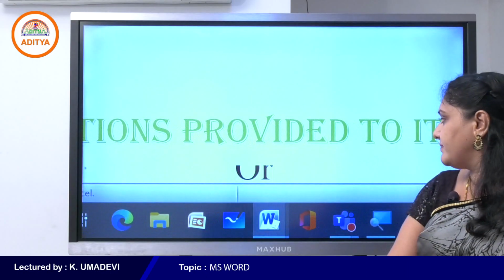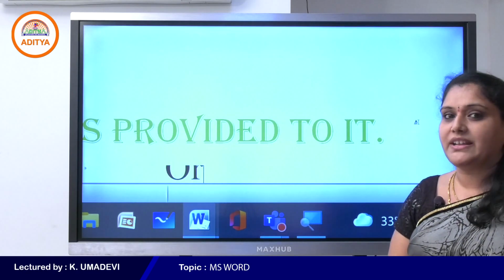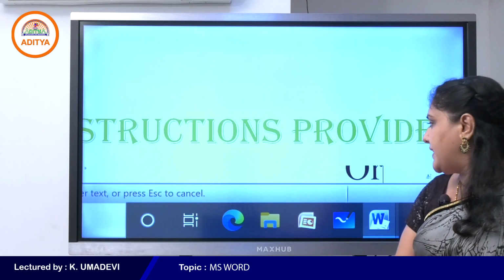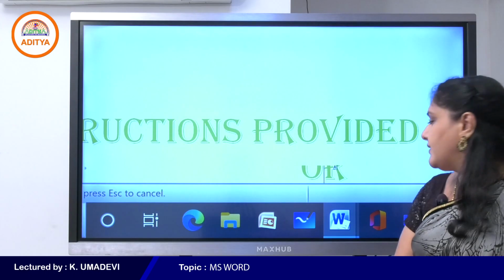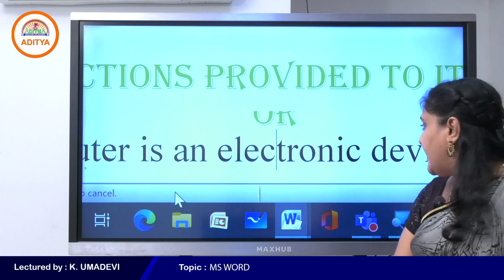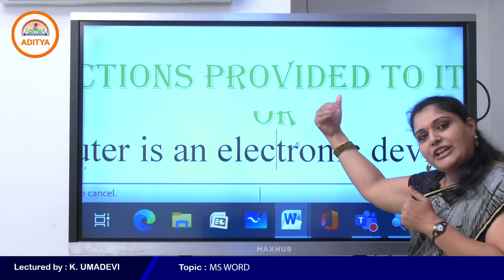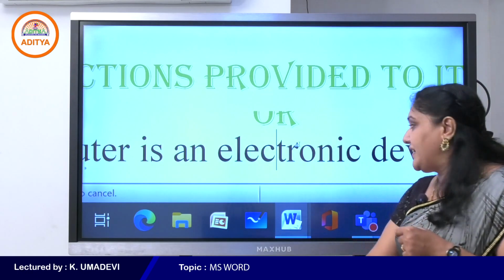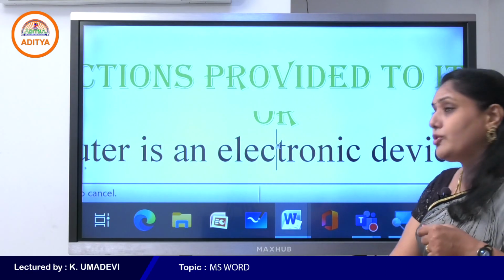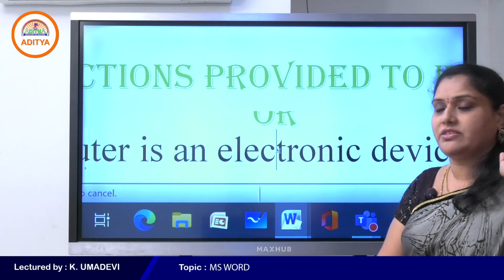For example, if I want to apply the same formatting to a particular word, simply click on the particular word. Here the word electronic is there. I want to apply the same formatting to electronic using Format Painter. So no need to drag over the text, simply click on the cursor position.